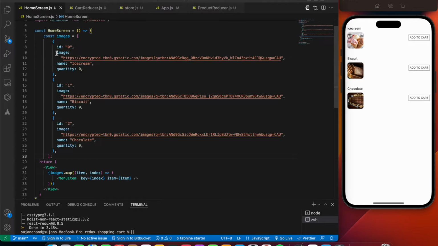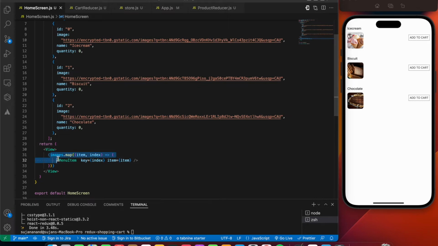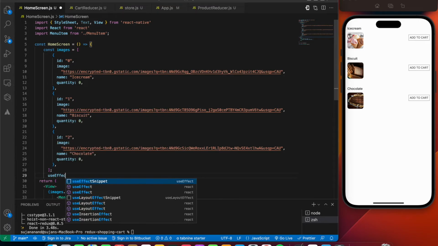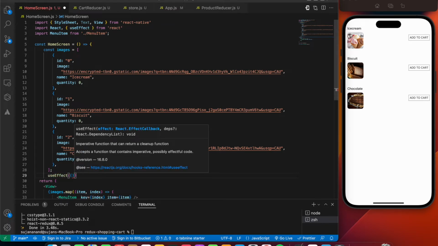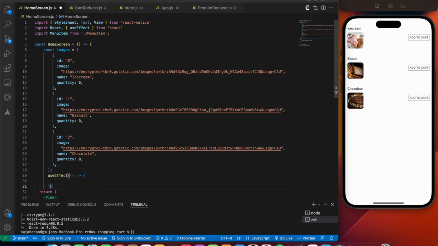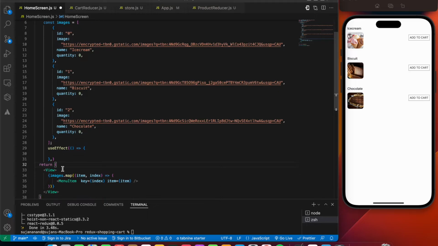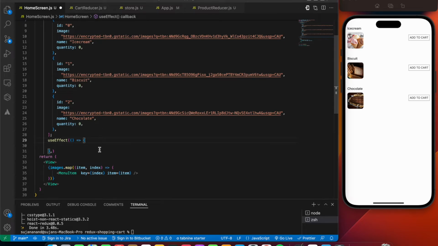Okay, so now instead of using the images data, we'll be making use of the products data. So for that we'll be making use of a listener basically, that is useEffect. Okay, so the way the useEffect runs is, in case we do not have any dependency array, this useEffect is going to trigger once the home screen component loads, and every time there is a state update inside this particular page, right?